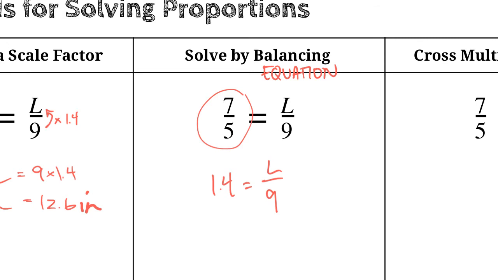Now, this should look familiar. This is literally just a one-step equation that you should know how to solve. L is being divided by 9, right? How do you undo that 9? How do you get rid of that 9 in order to isolate the L? Well, all you need to do is multiply both sides by 9, right? And these 9s are going to cancel out because 9 divided by 9 is 1. And the answer is 9 times 1.4, which gives us